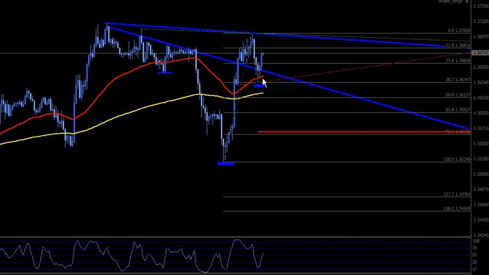This formed an inverse Head and Shoulders, okay, off the 38.2 retracement. So we have a left shoulder, the head, and the right shoulder, and up here is the neckline. Okay,